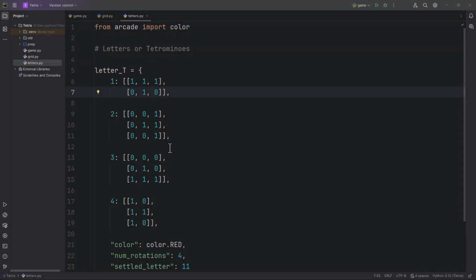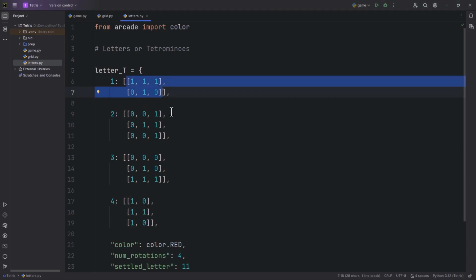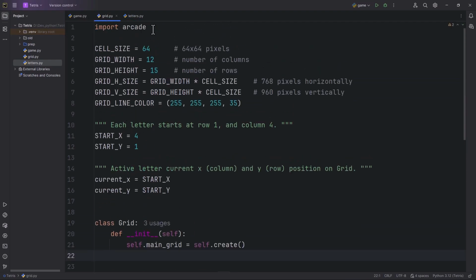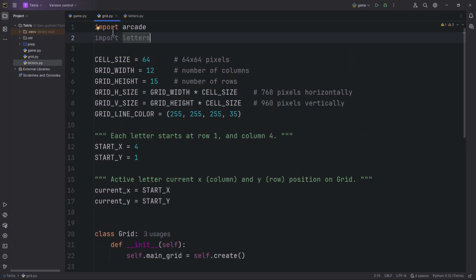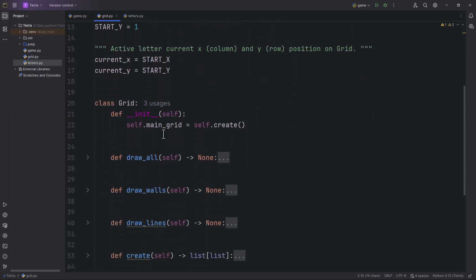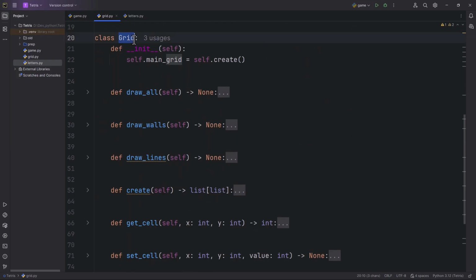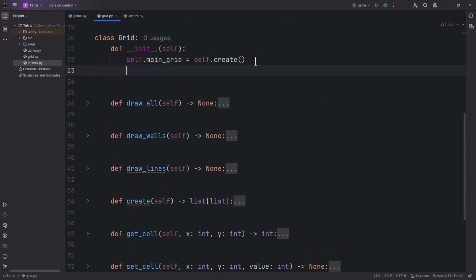In this section we are going to copy the letter T, its default rotation, to the grid and also draw it. So let's go back to grid and import the letters. So here after the import arcade I'm going to import the letters. And let's scroll down to the grid class, and I'm just going to create one more property which will be the active letter. So self.activeLetter equals